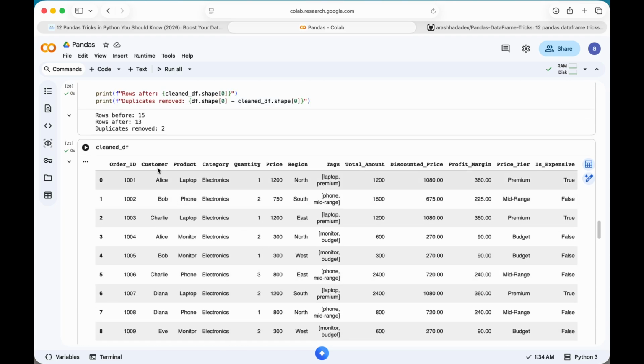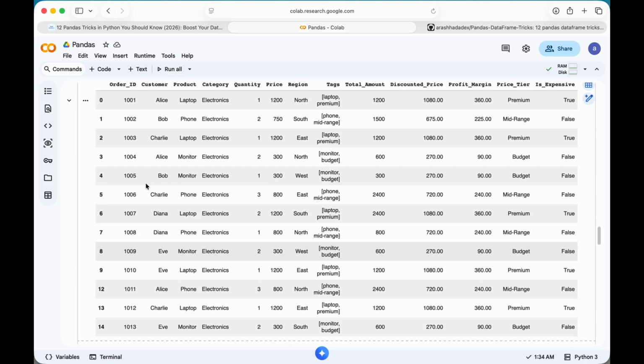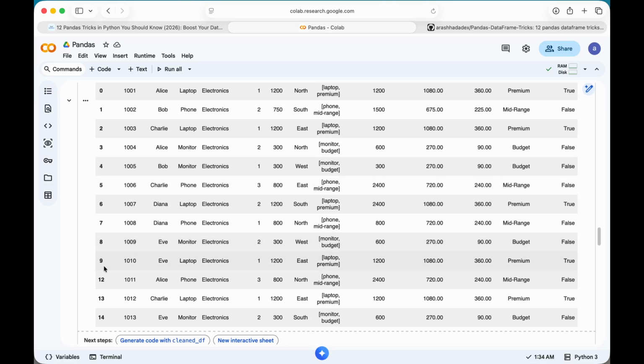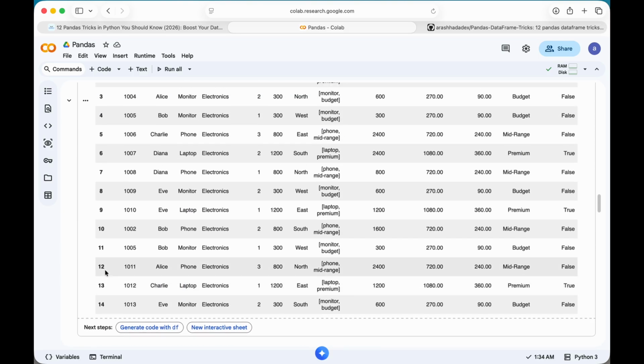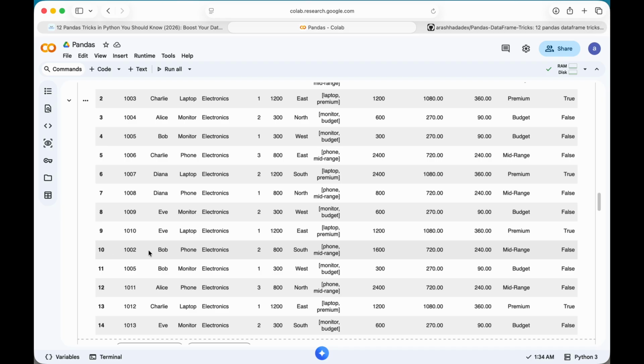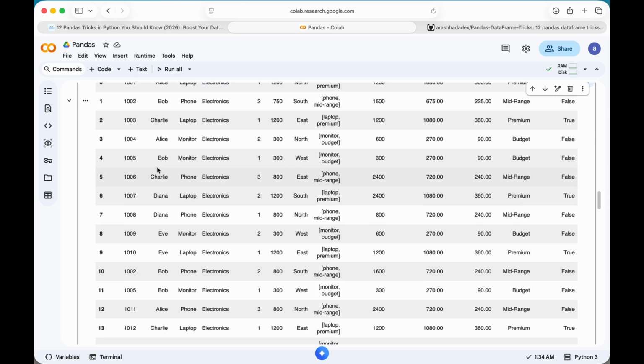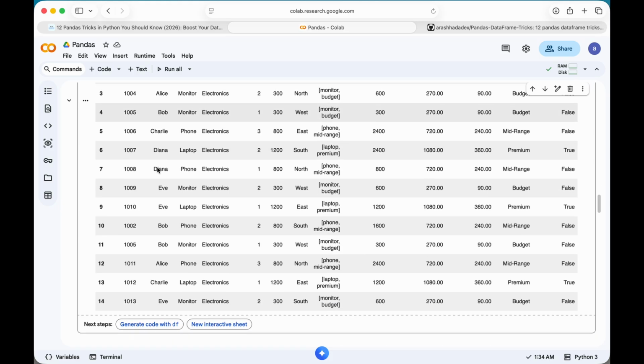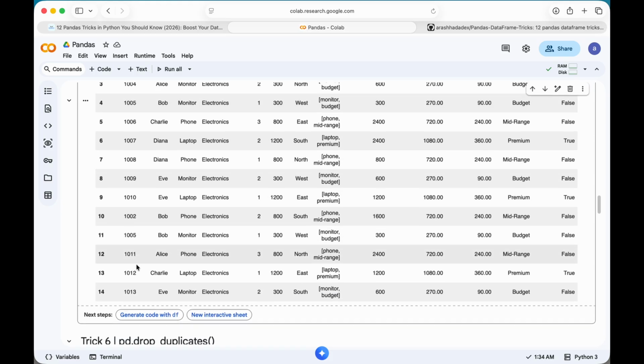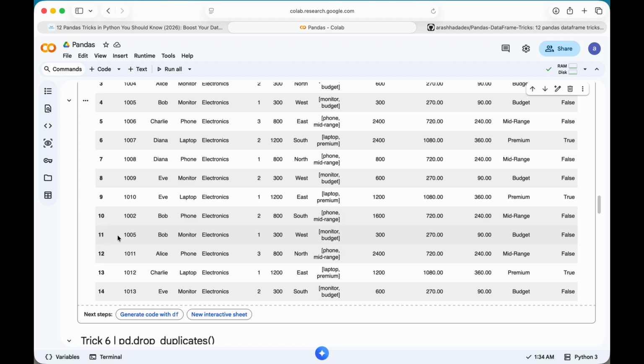After we print our clean data frame, you can see, for example, we don't have number 10 here, or for example number 11. If we look at our original data frame, number 10, order ID is 1002 Bob, and if we find it here, for example in the second row, 1002 and Bob, these two are duplicates, so we remove the second one and keep the first one. And also, for example, row number 11,